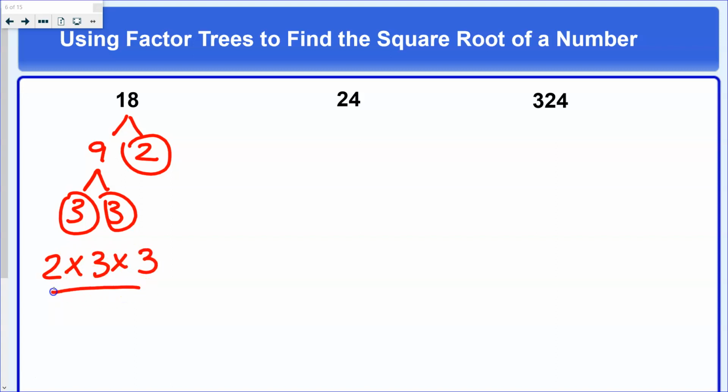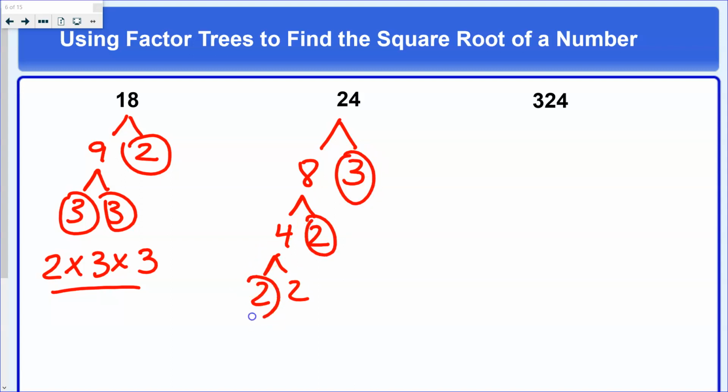All right, there's my product of prime factors. Here we have 8 times 3, 4 times 2. So these might not be in order, but when you're done, we'll put them in order. And again, circle them when they're finished because sometimes they get lost in the tree. So 2 times 2 times 2 times 3